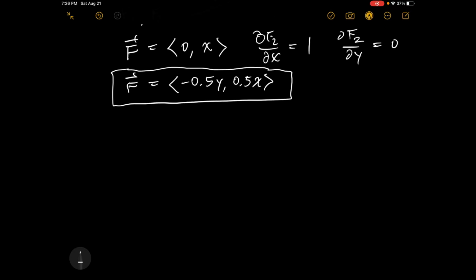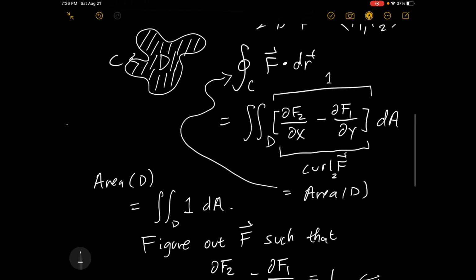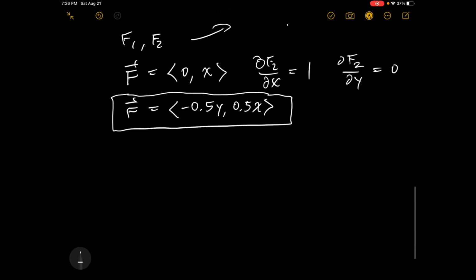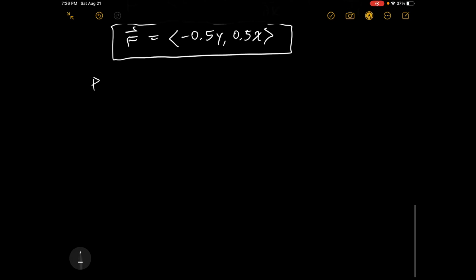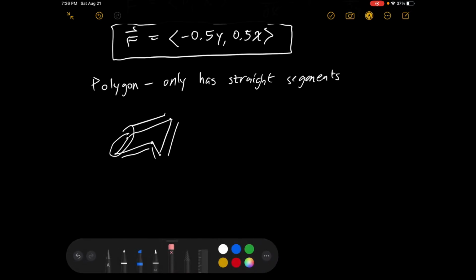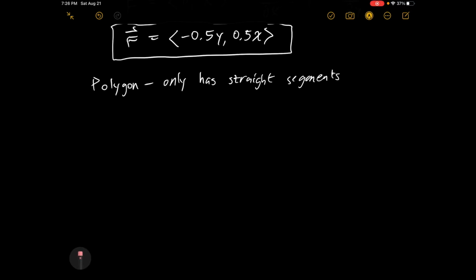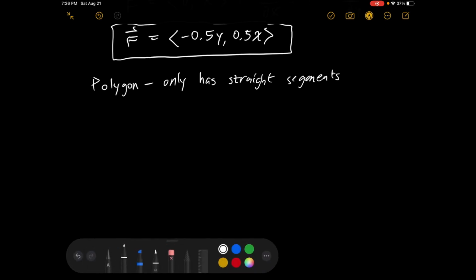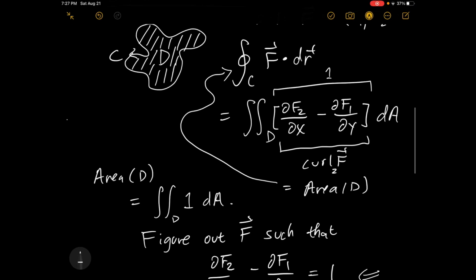Okay, all right, so now that's cool. So now we need to go back and figure out how we can apply this to the situation that we want. Well, for starters, a polygon is made of straight segments, which means that if I had a polygon something like this, for example, then you can see that this is a straight segment, this one is a straight segment, that one, and that one, and it comes back to itself. And since polygons never self-intersect, which guarantees that this is a simple closed curve, all we really need to do is just figure out